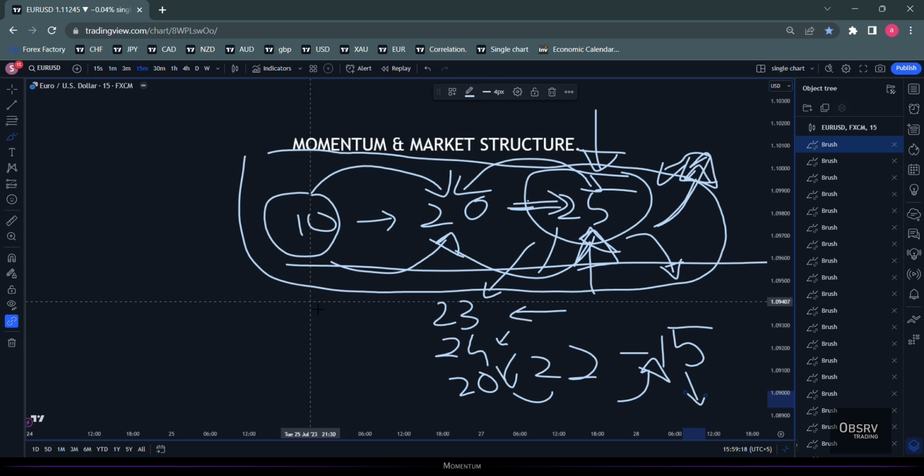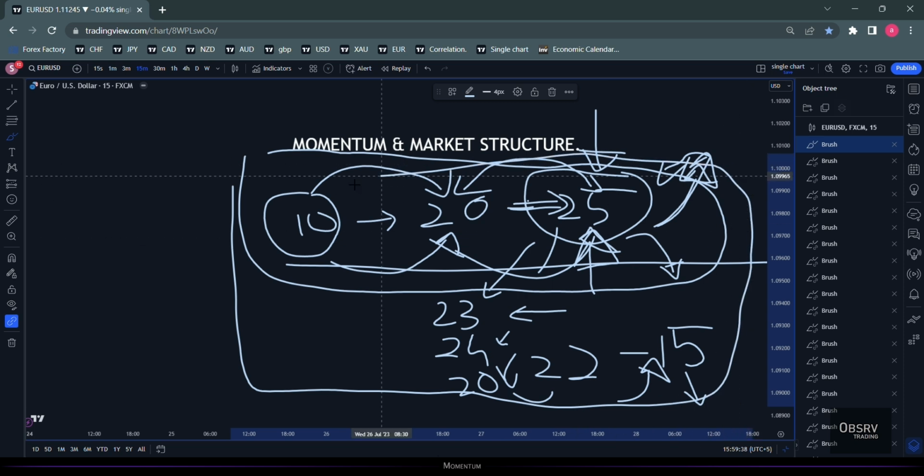But as long as the decrease remains lesser than how rapidly it increased, common sense dictates that the momentum is with the buy side, right? Okay, now what we're going to do is go to the charts and discuss momentum in terms of what we've talked about right here.